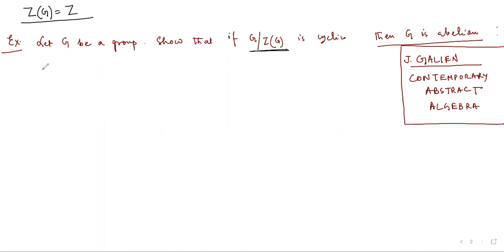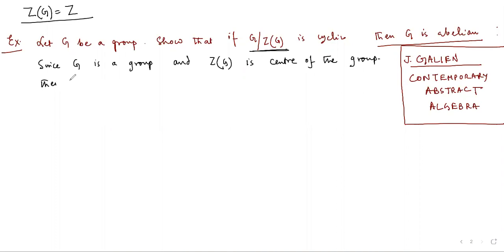So, since G is a group and ZG is the center of the group, then the group formed by G/ZG will be of the form